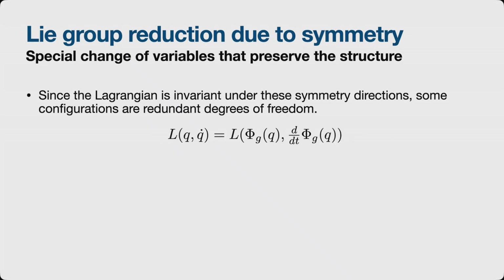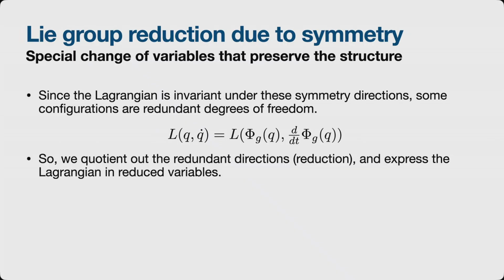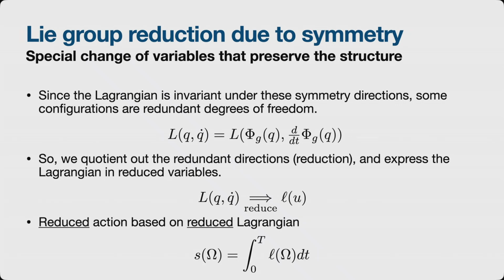So formally, it means that in this L(q, q dot), you can put one of these phi g's and it doesn't change it. So we're going to quotient out these redundant directions, and that is what is called the reduction in Hamiltonian and Lagrangian dynamics. What happens is that we can replace this entire (q, q dot) with whatever variable explains the system without all the redundancy. Let it just be called u. And then we can define a reduced action based on the reduced Lagrangian. And we're going to run the same variational principle of stationary action on this reduced thing,